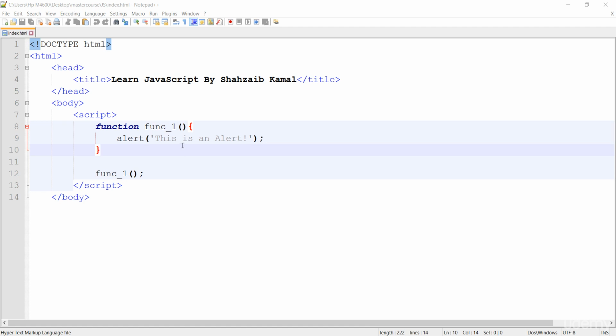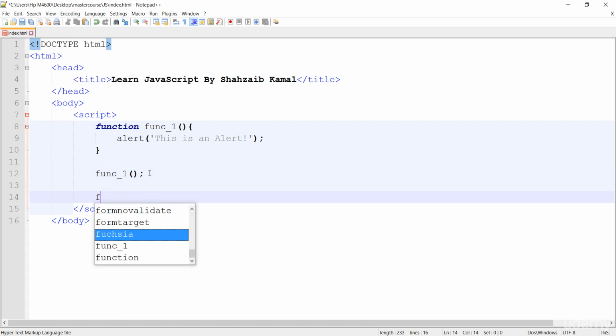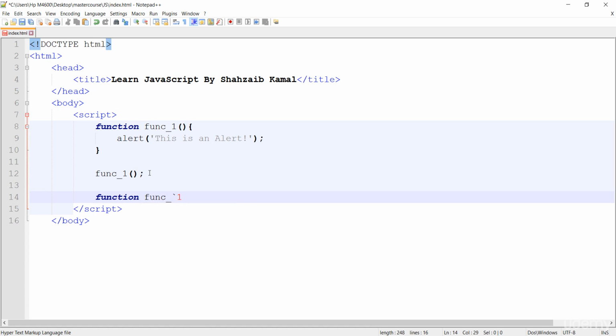As I said, the parentheses are where we can put some parameters, and they have reasons. So why, what can I do with that, and how can I use that? Basically, to pass values we use the parentheses, and the parentheses and the function have a big connection between them. So I'm going down and creating another function here,